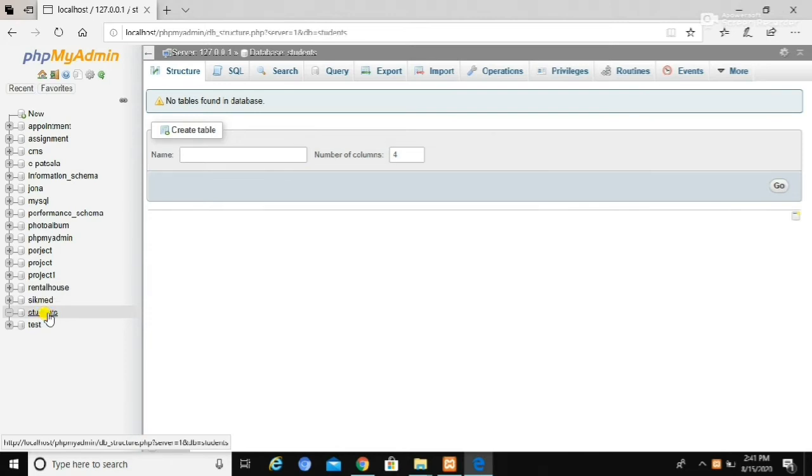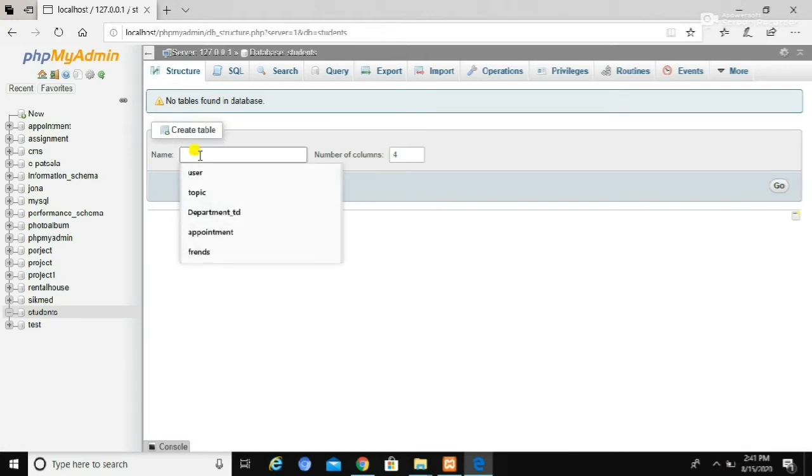To create a table in the newly created database, we need to go to that database and type the table name. Here I am going to type the table name as student info to store the information about the student. After typing the table name, we need to select the number of columns.